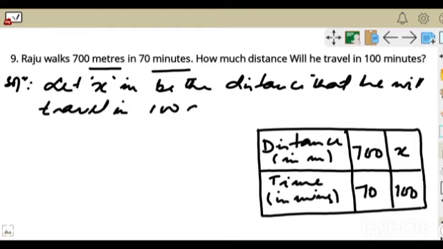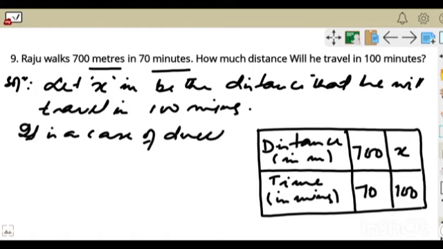In 100 minutes. Okay, so don't forget his speed is constant. Okay, so I'll write here, it is a case of direct variation. Okay, therefore